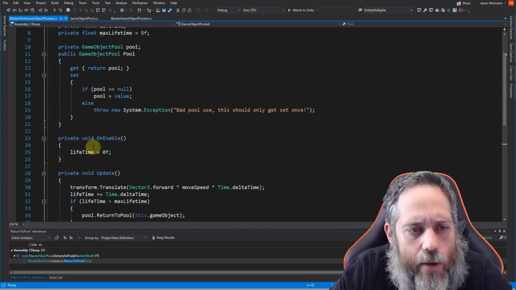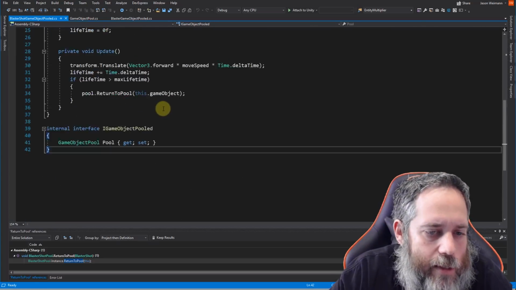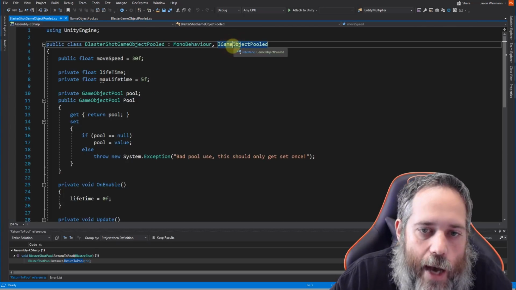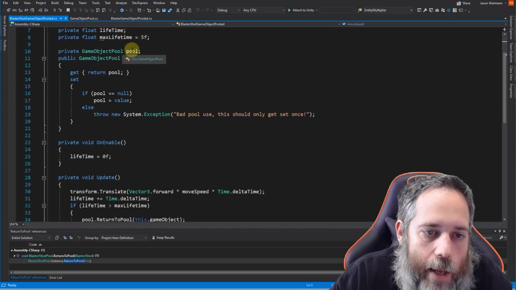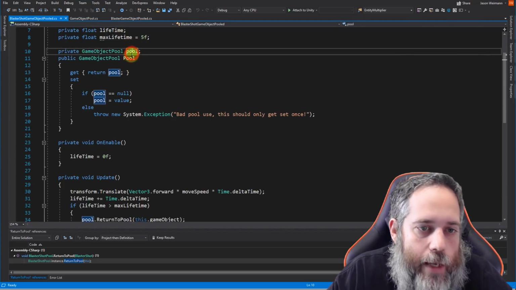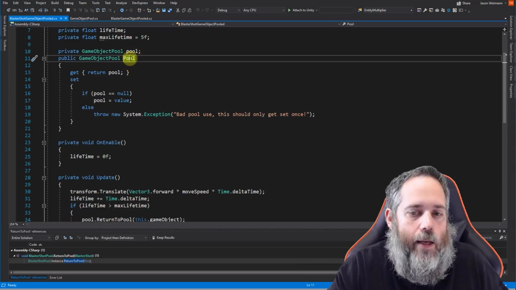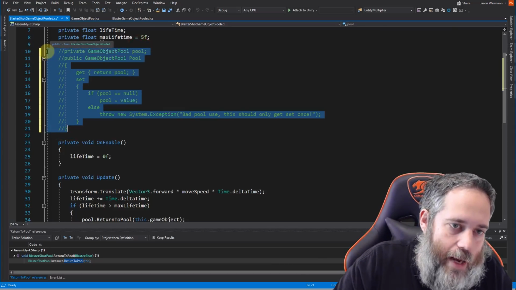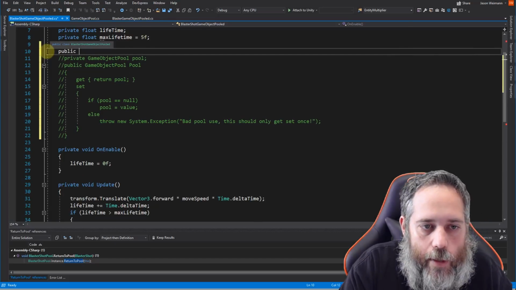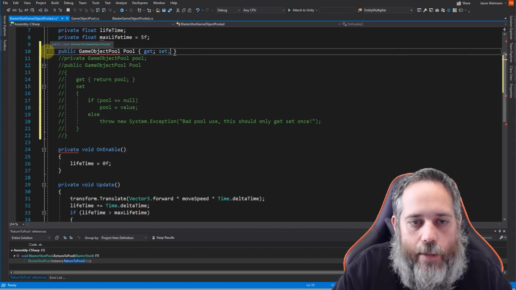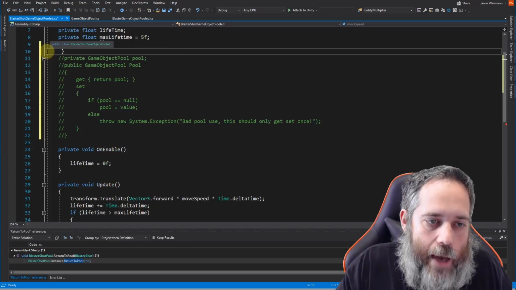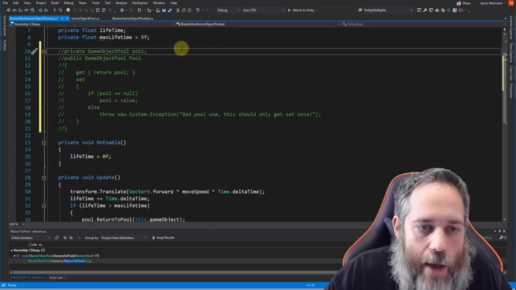Normally I put the interfaces in their own files, but in a simple thing like this, it makes sense to just keep it there. If we scroll up here, we see that we are implementing that interface, the iGameObjectPooled, and right here you can see the implementation of that. So it could just be a getter and setter. It could be as simple as this. In fact, let's comment that out. We could do something as simple as public game object pool with a get and a set. That could be it. What I've done here instead, though, was give it a backing field, this private one,